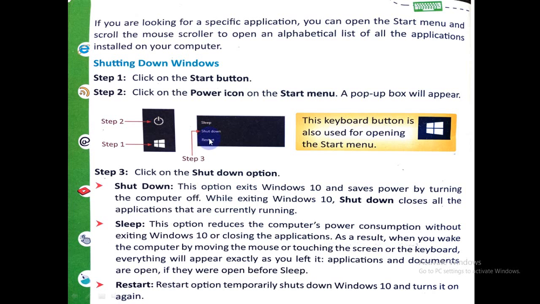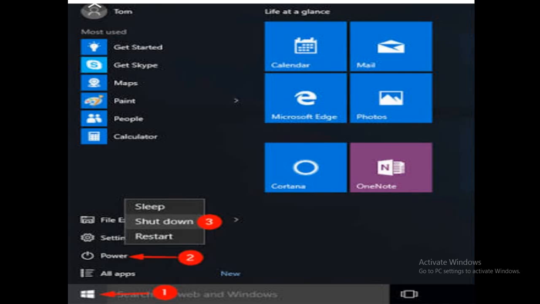Students, when you click on the power icon, you will find here 3 options: sleep, shut down and restart. What do they mean?